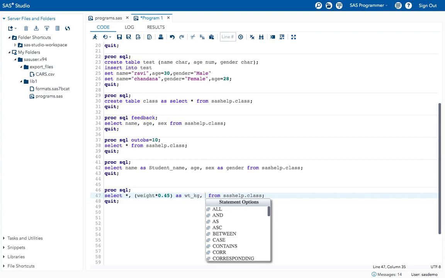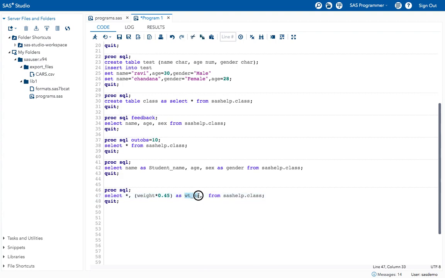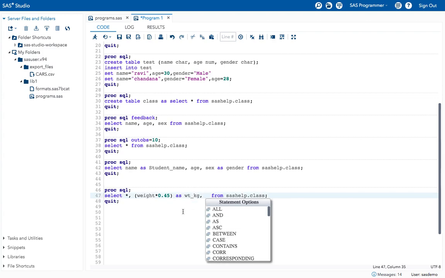See, I want to apply another formula for this new variable. Here I have created the weight_kg, right? In this statement only I want to mention another formula or calculation for this newly created variable. How can I do that? By using calculated,